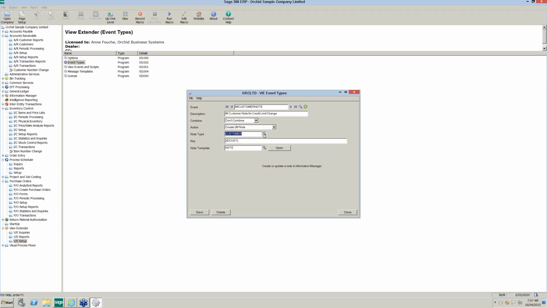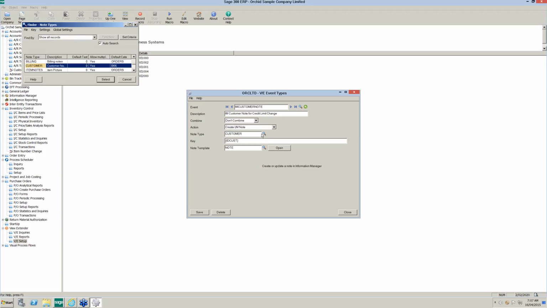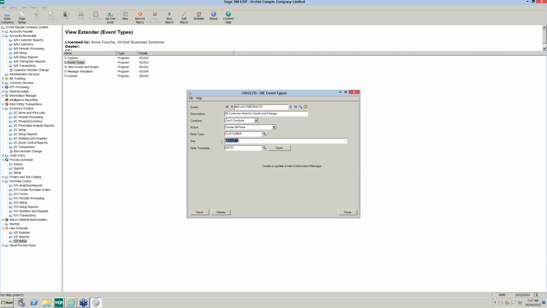And the note type, so this is the information manager notes, the replacement for Zippy notes. So you can create any note type, but it must obviously be associated with the key value of the record that you're going to attach it to. So in this case, I'm going to attach it to my customer view, and the key to that is the